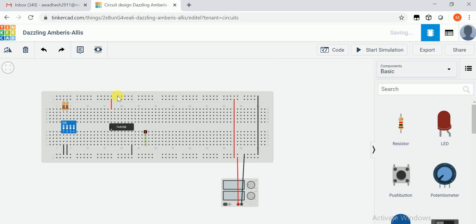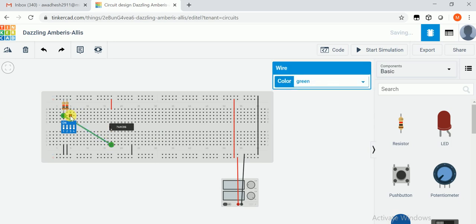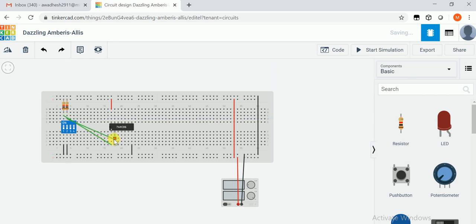Okay, switching position. Now connect this first input to the first line, second input to the second line.